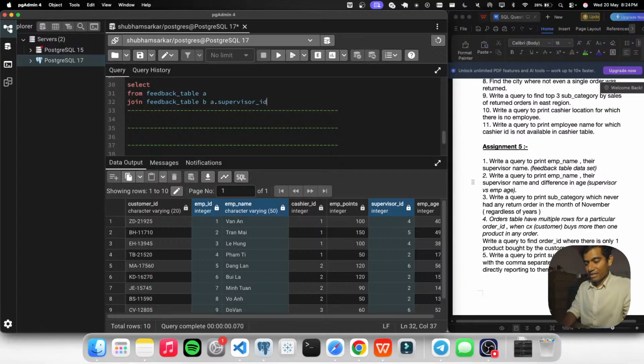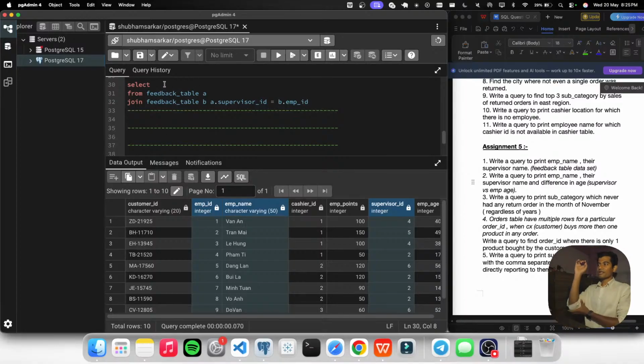एम्प्लॉय आईडी के साथ मैचअप करना है, ठीक है। बी डॉट एम्प्लॉय आईडी, और एक बार एम्प्लॉय आईडी के साथ मैचअप हो गया तो, अब देखो जितने भी टेबल्स हैं यहाँ पे, मतलब फीडबैक टेबल, जितने भी कॉलम्स हैं वो सब एम्प्लॉय आईडी के हिसाब से हैं, राइट, रेफरेंस में। मतलब अगर एम्प्लॉय आईडी 1 है तो 1 के हिसाब से पूरा डिटेल, 2 है तो 2 के हिसाब से डिटेल, राइट। इसी तरह अगर मैं इसी सुपरवाइज़र आईडी को यहाँ रख दूँ तो सारे डिटेल इस आईडी के हिसाब से आएंगे, मतलब 4th नंबर में जो है उसका पूरा डिटेल आएगा, ऐसे राइट।